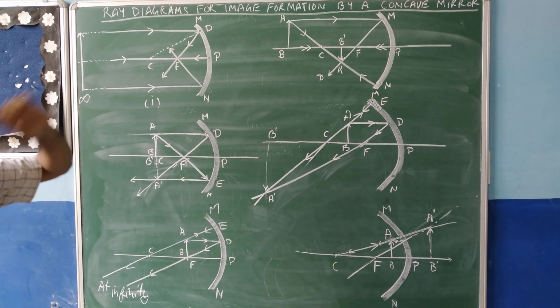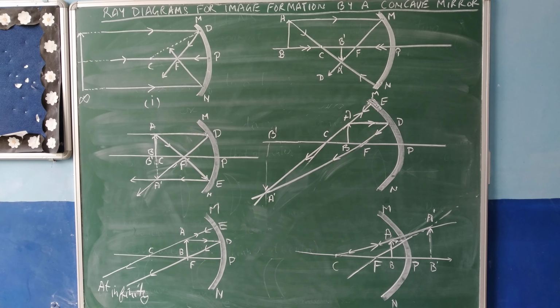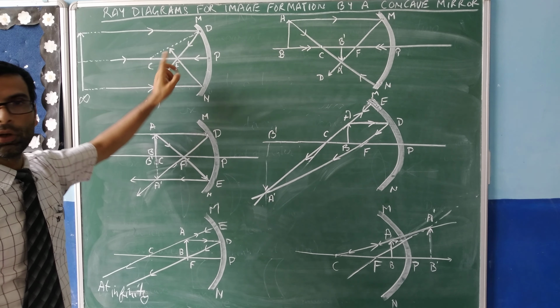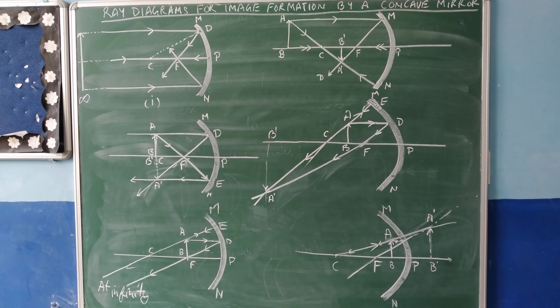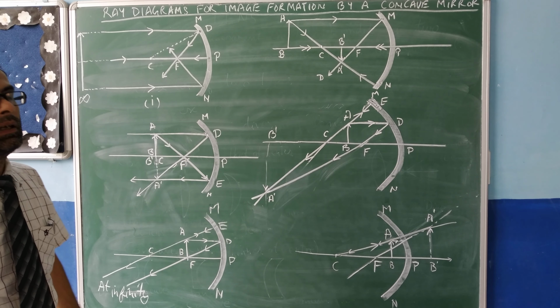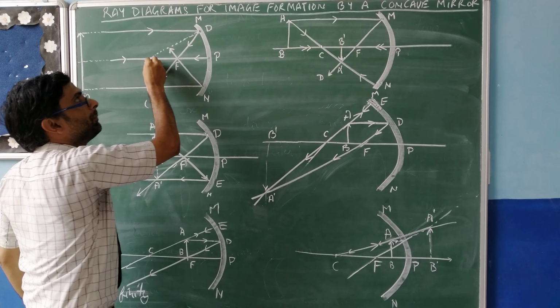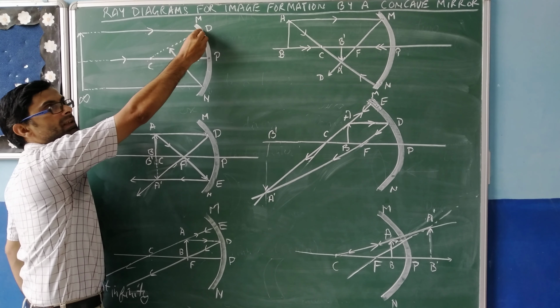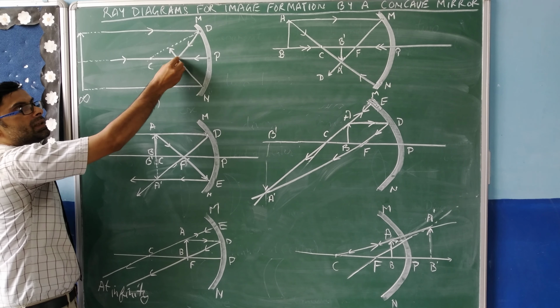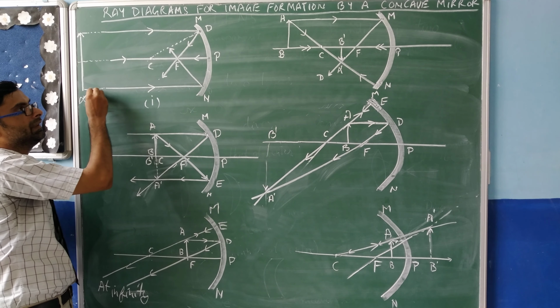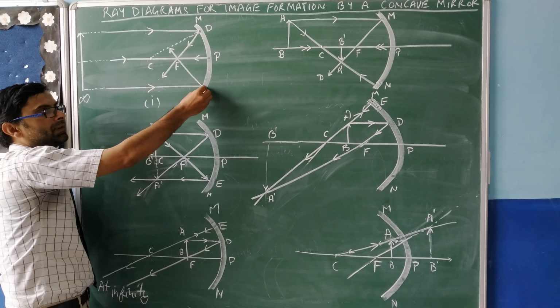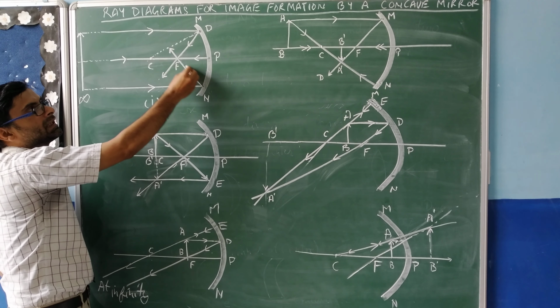Now, as we know, among the four rays that we can consider, one ray is the ray parallel to the principal axis, which after reflection by a concave mirror passes through the focus. We will use that ray here, in order to simplify our diagram. So this is the principal axis; a ray coming parallel to this principal axis, after striking the mirror, passes through the focus. Similarly, rays on this side, after getting reflected from the concave mirror, pass through the focus.